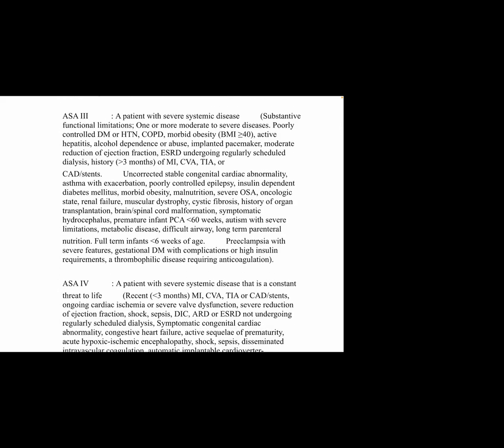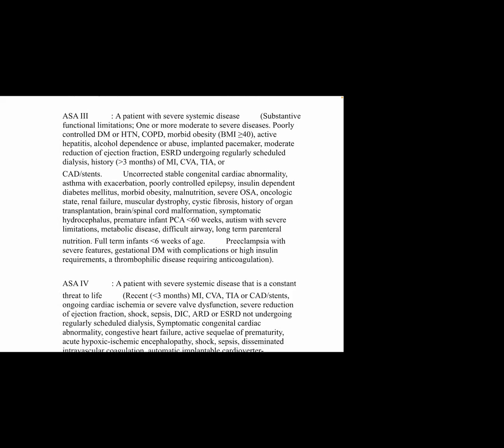In ASA 3, a patient with severe systemic disease that is uncontrolled, like poorly controlled diabetes mellitus, hypertension, COPD, morbid obesity, active hepatitis, alcohol dependence or abuse, implanted pacemaker, moderate reduction of ejection fraction like 40% or below, end-stage renal disease undergoing regularly scheduled dialysis, like maintenance dialysis, a history greater than 3 months of MI, CVA, TIA, or coronary artery disease, stents, uncontrolled stable congenital